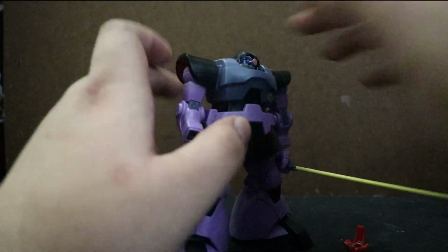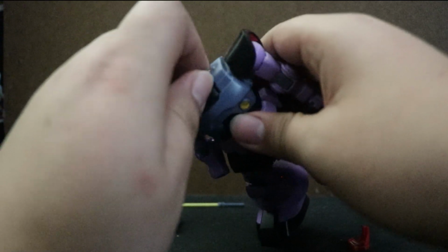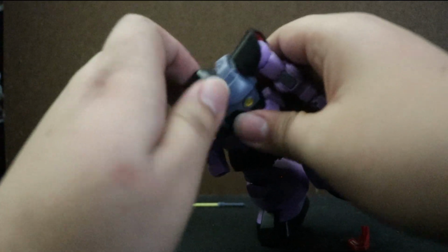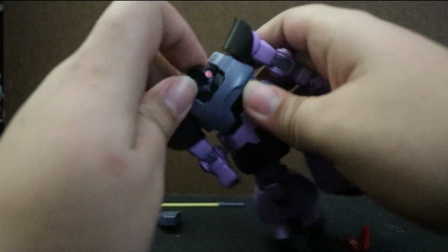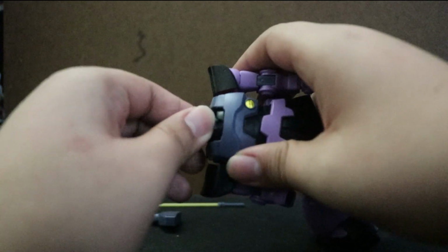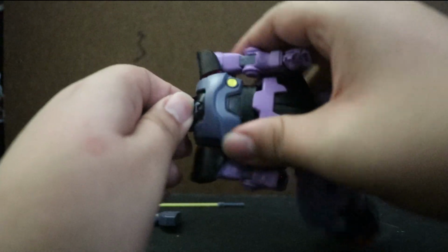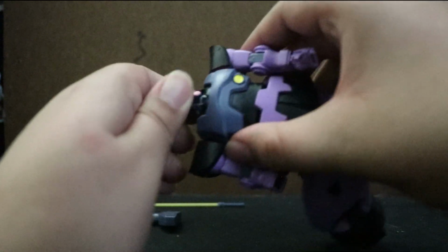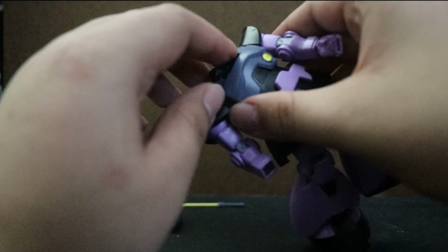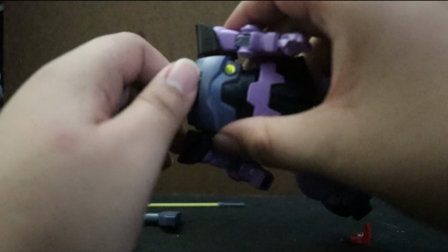I'm not really sure. But yeah, the mono eye can move, let's move this. Also now it comes off. Weird. The heat saber moves around, and you can move it pretty much anywhere you want it to go, although due to how small it is, it's hard. You could have just removed the head, which I'm trying to do, but it's kind of hard since it does kind of hurt because of how sharp these edges are, which is why sanding is quite a popular method